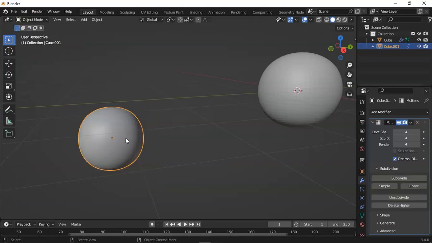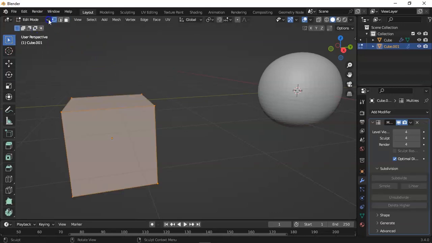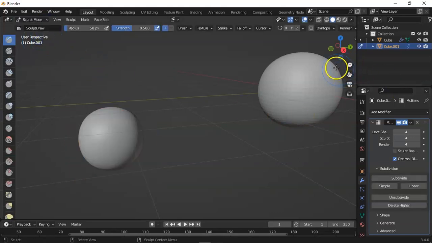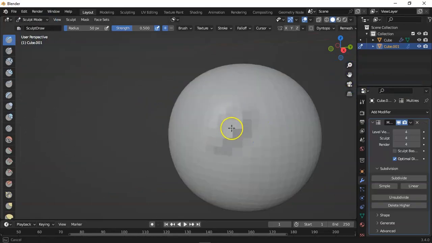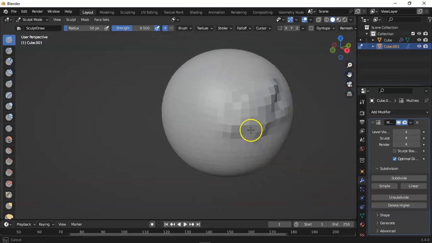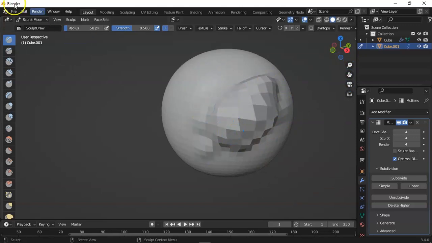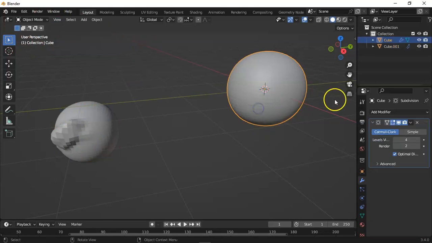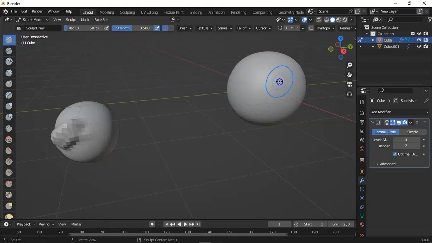Basically the multi-resolution modifier is used to sculpt any object. It is very helpful in sculpting. So let's jump to the sculpt mode and let's sculpt something. Sculpt it in here. You can see we can sculpt it and now select the other one, that is the subdivision modifier, and now jump to the sculpt mode,